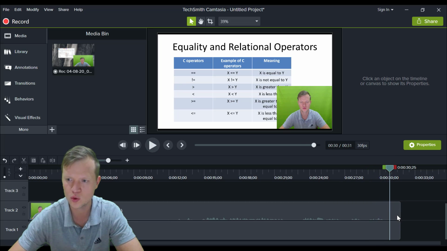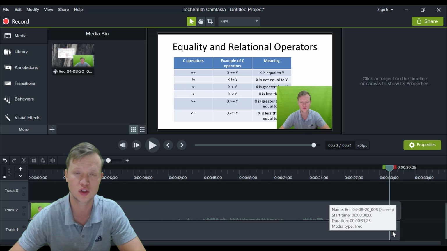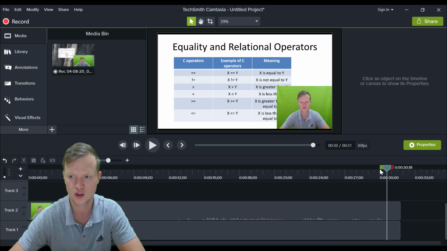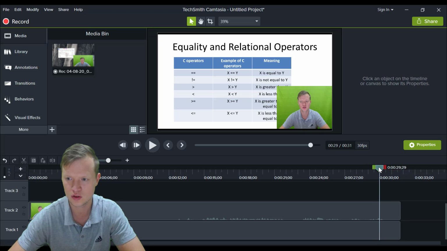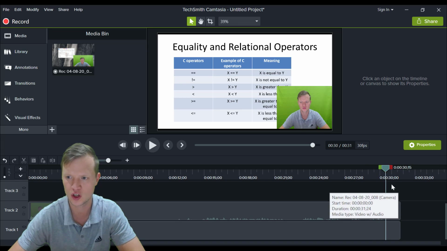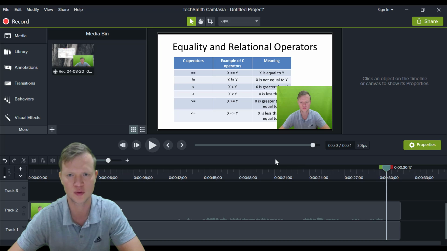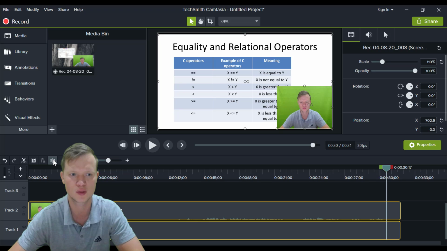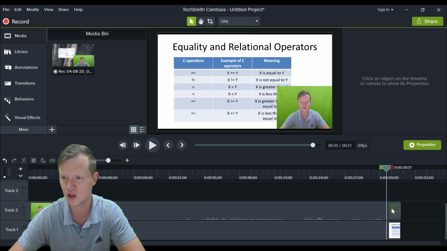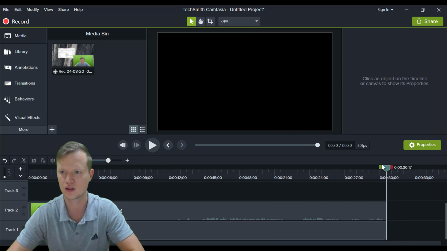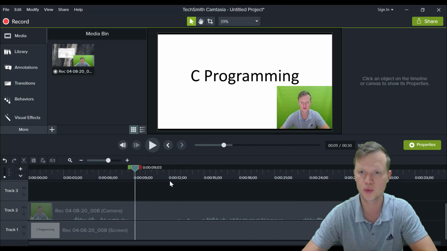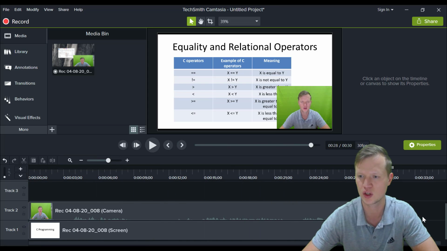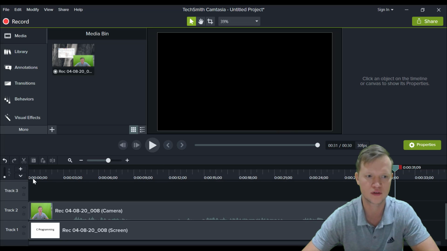And this is that awkward silence at the end when I want to stop the actual video. So you can see I started to say goodbye and then no audio, because I didn't talk when I stopped the video. So what you can do again is you can select both tracks and you can use the split tool again, and then this track and this track I can delete. So then this whole part is now me talking. And that is how I would do the basic edit of the beginning and the end of the video in